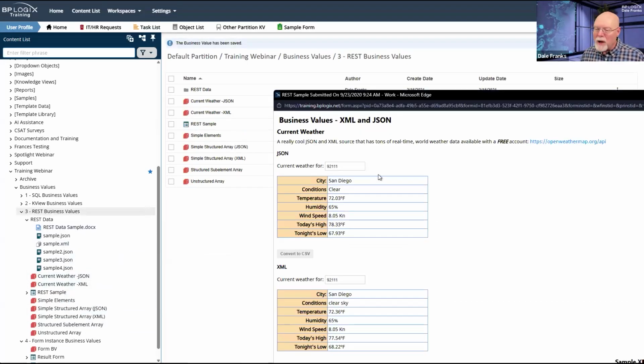And now when we go back to our form and we enter 92112, because we've got to change the value, there we go. Now I get clear sky. So they both match with the conditions.